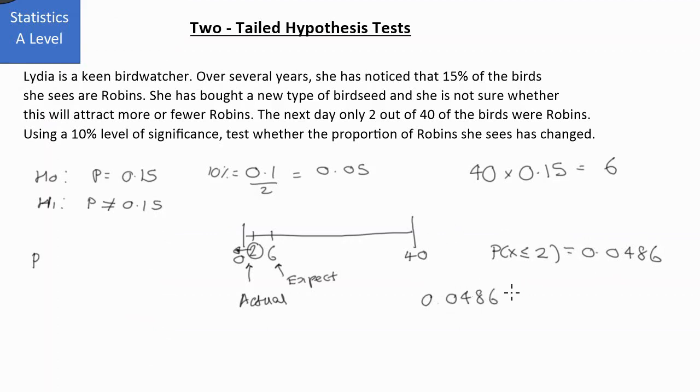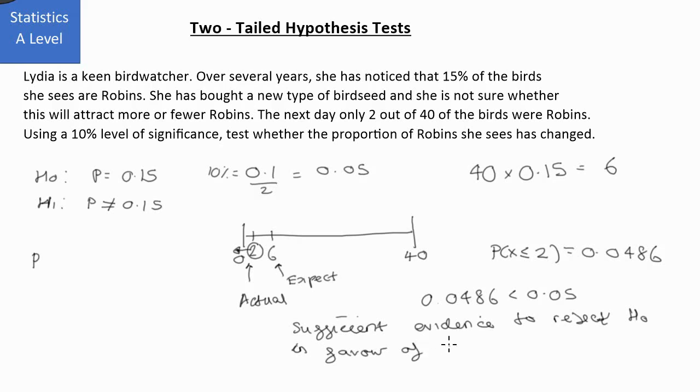0.0486 is less than 0.05. Because it's less than, we say that there is sufficient evidence to reject H0 in favour of the alternative hypothesis, H1. Now we need to relate it to the situation, so we could say the new bird seed